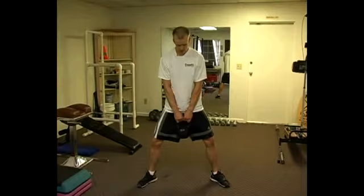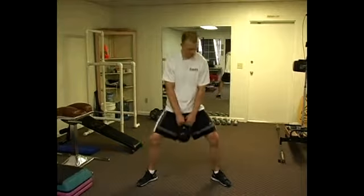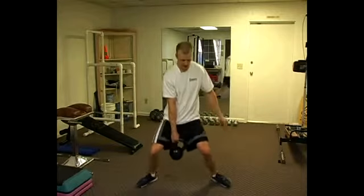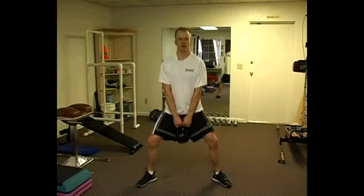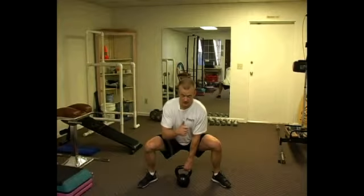the sumo stance is wide with the toes out so that the knees track over the toes. We want the knees as wide as the toes are. We don't want the knees doing this, okay? Knees stay over the toes. We go down to where the kettlebell touches the ground, and then we're going to explode up, just like on